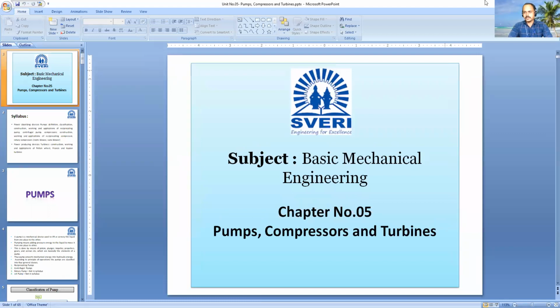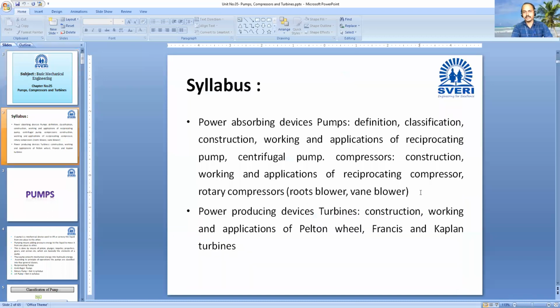See, first chapter is the pump, compressor and the turbine. In this chapter, we have already seen what is the syllabus of this chapter. So there are 2 types of devices. First one is the power absorbing devices and second one is the power producing devices. Out of these, there are so many power absorbing devices. Now in our syllabus, they have included 2 power absorbing devices. These are the pump and the